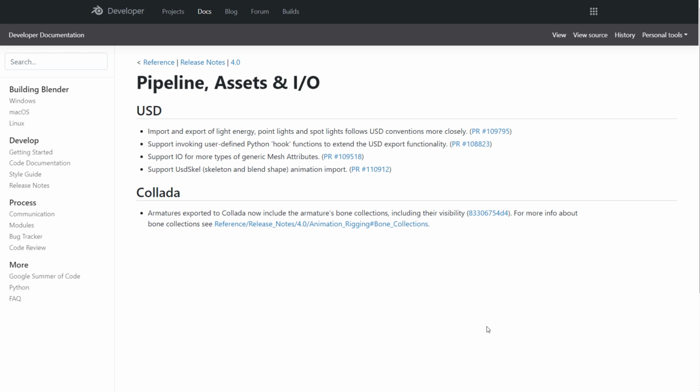And in terms of animation import, there is now the support for USD scale, which is a file type that supports both skeleton and blend shape. And for Collada, which is the .dae file that lots of people use in place of FBX, armature export to Collada now includes the armature bones collection, including their visibility, and you can find out more when you go over